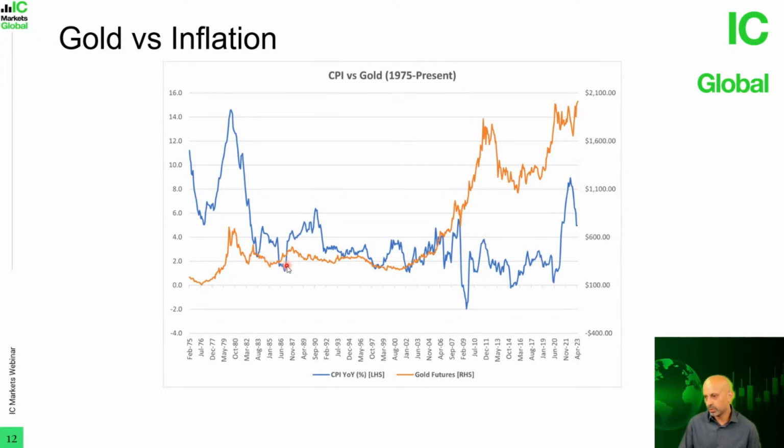Then moving on into the 1986 and 87 periods, we see inflation once again rising strongly, and during 1986-87 we can see gold prices rising as well. So over these two years, gold did function as a good hedge against inflation.